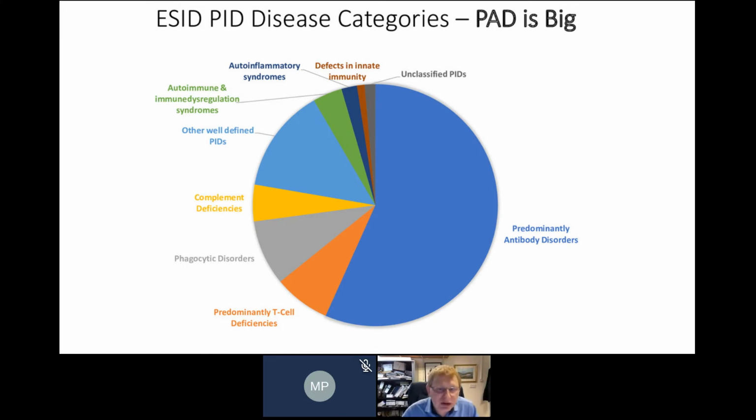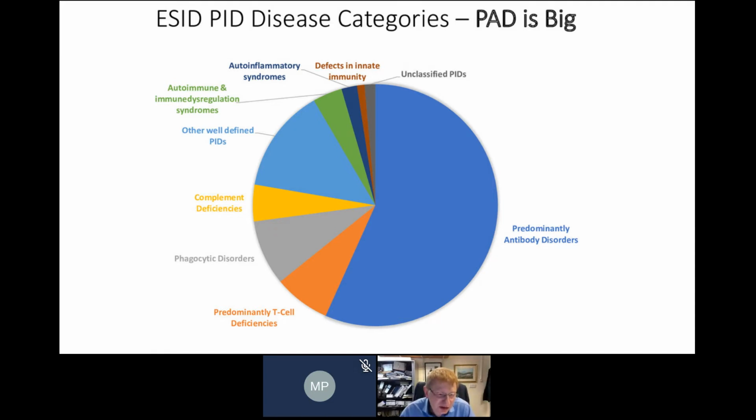So this is a snapshot of the ESID, European Society for Immune Deficiencies database, and the categories within that of primary immune deficiencies. First of all, I wanted just to show you that the dark blue category of predominantly antibody disorders is really the biggest category there. But not only that, if one looks at some of the other conditions, the other slices of this pie chart,